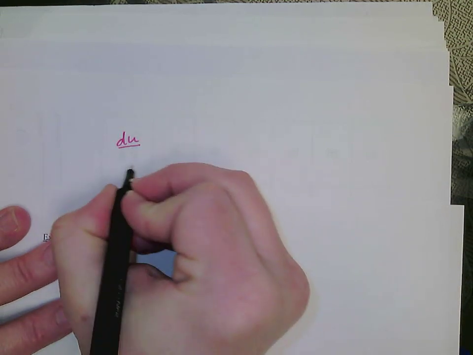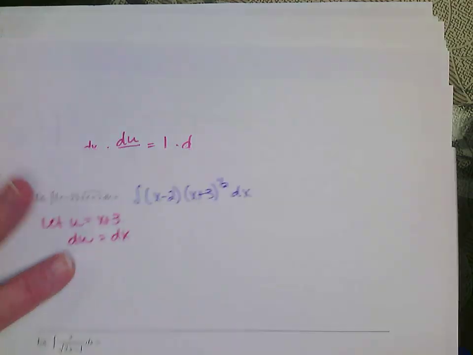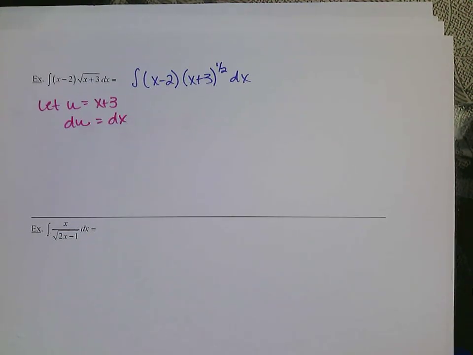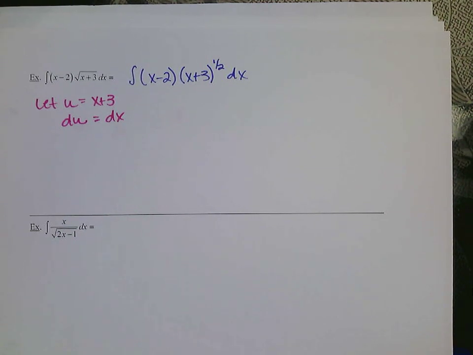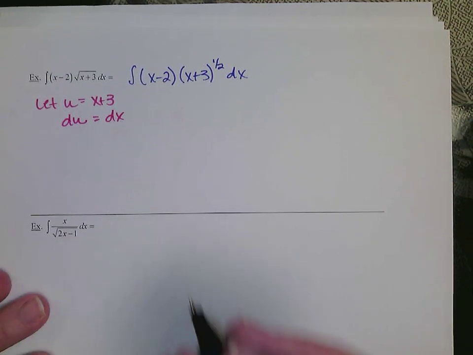When I multiply both sides by dx, I get that. You're going to have to do this on your own in a minute, just so you know. Okay? So then we have u to the 1/2